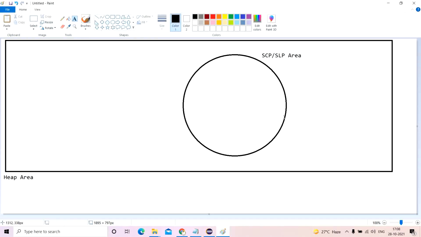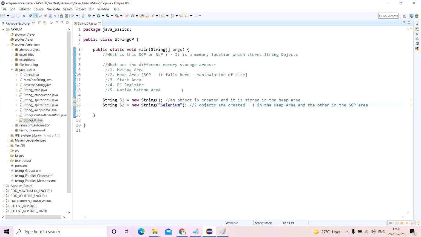Now we'll go back to our code. If you create this string object in this fashion, with the new keyword it creates an object, as well as the literal we are passing. So I said two objects are created, one in the heap area and the other in the SCP area.